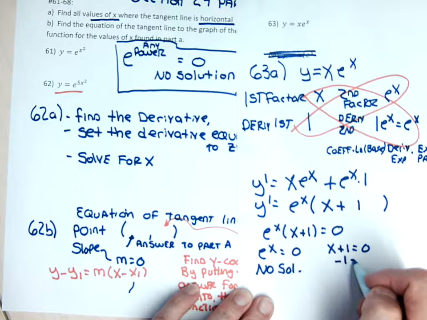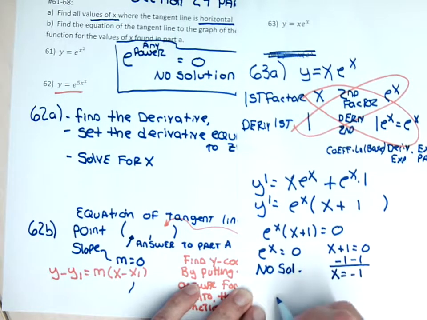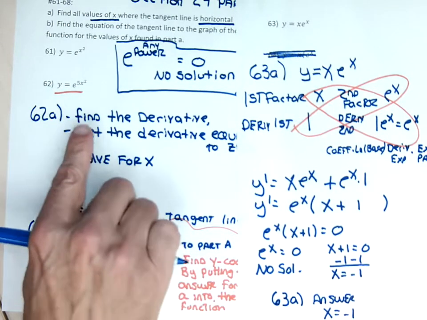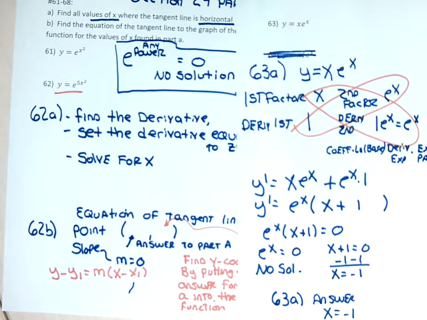The second part, you minus 1 from both sides and get x equal to negative 1. So for 63 part A, the answer is just x equal to negative 1. So done. I found the derivative. I set the derivative equal to 0. I solved for x. Now I'm going to move on to part B